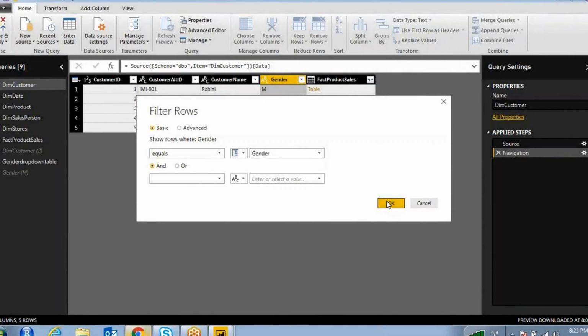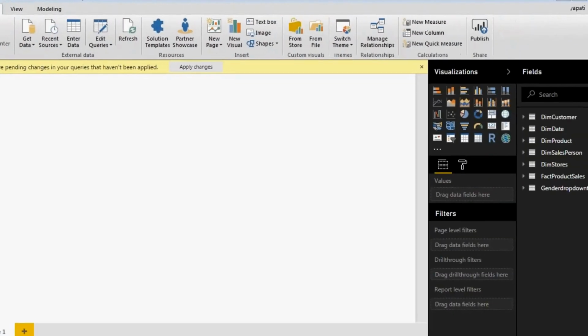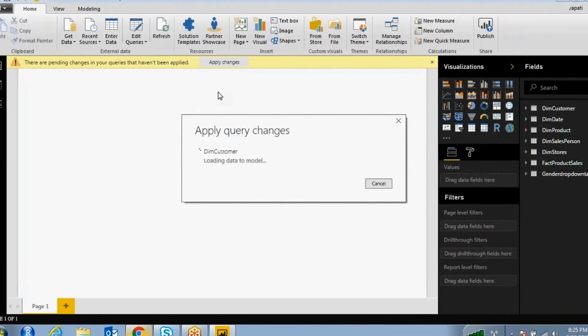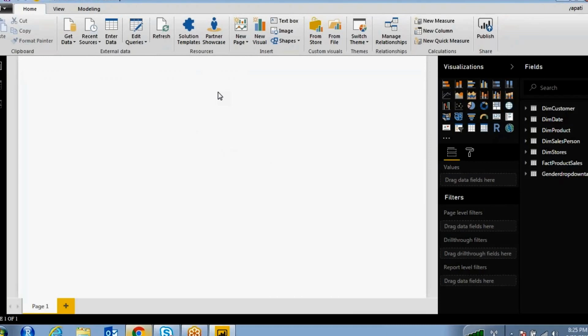Whatever value you select for that gender, it will filter. By default I have given M, so you just save it. Now it will save only the M parameter, the gender value for M. Where can you change this filter parameter value? You can't change it like in SSRS; we don't provide any drop down over here.